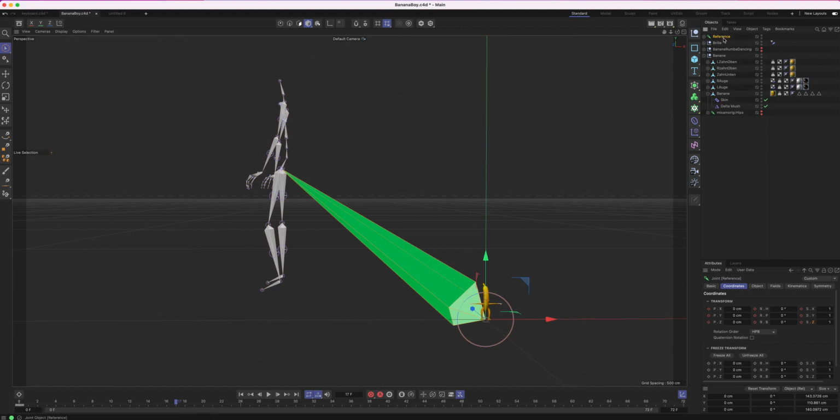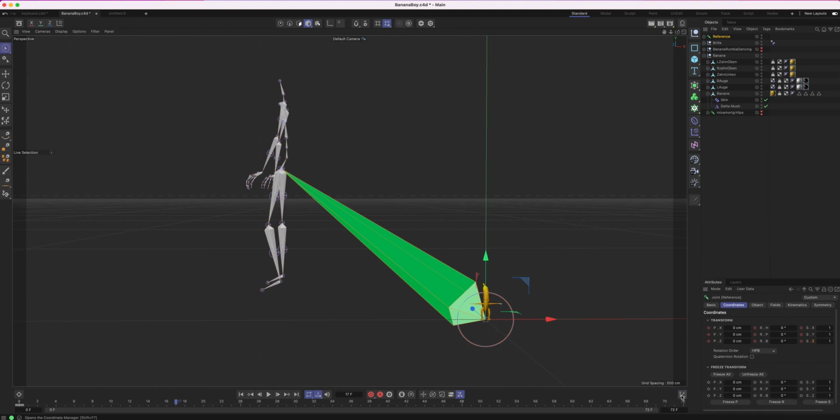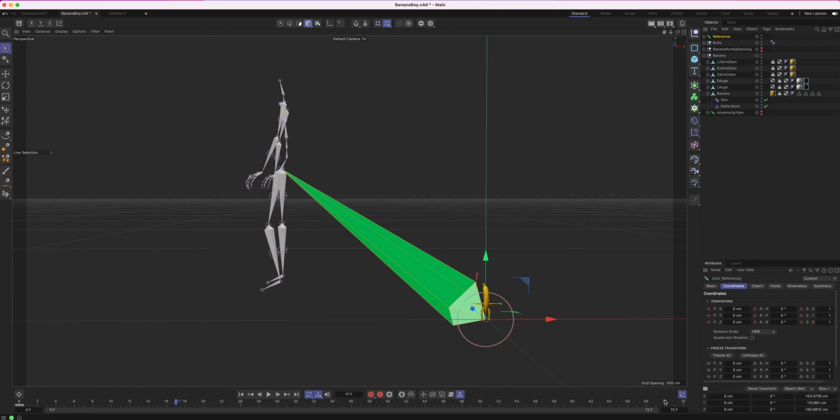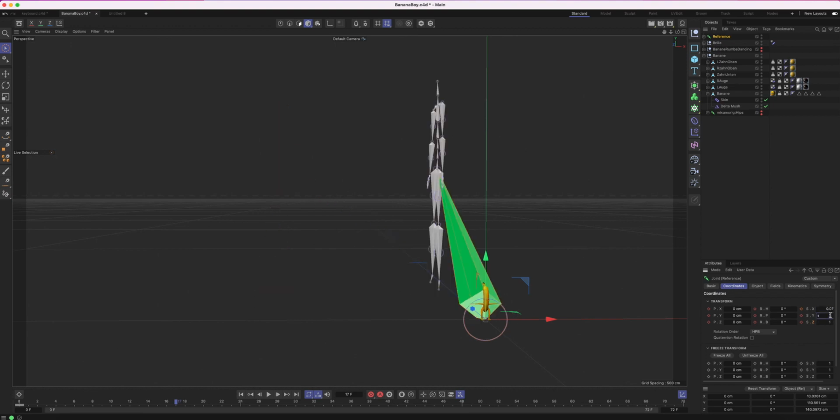So we're gonna go to the reference bone that came in with Mixamo, with the new skeleton, and we're gonna scale this down. Here you can toggle this on and off if you don't see it with this little gizmo here. And we're gonna scale this down, say 0.07, 0.07, 0.07. So, gonna jump to the beginning of